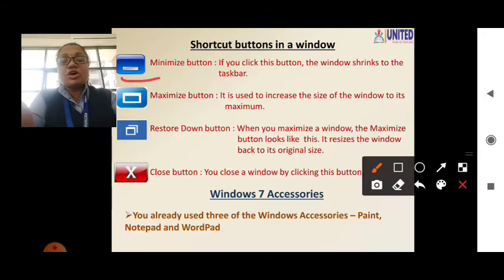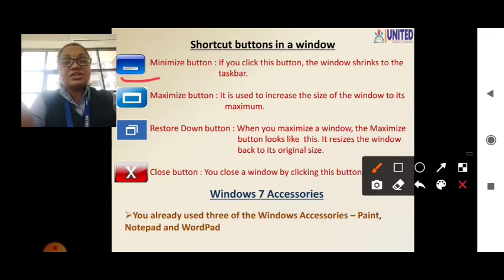Whenever you click on this button, the program window shrinks, that means it becomes small and moves to the taskbar. And if you want it in the big size again, then you have to go to the taskbar and click that shrunk window, and your window is in big size again, right?